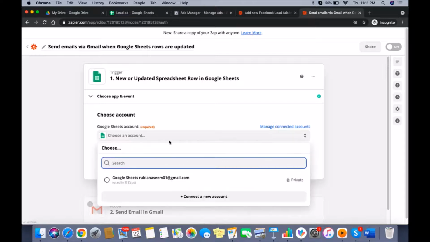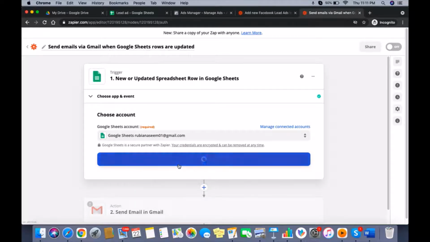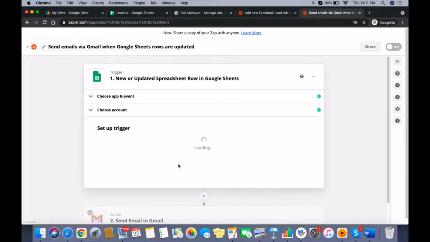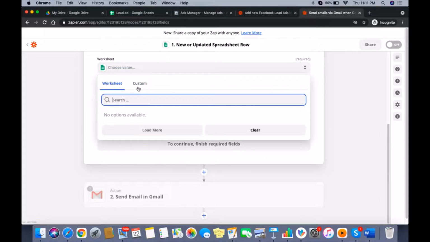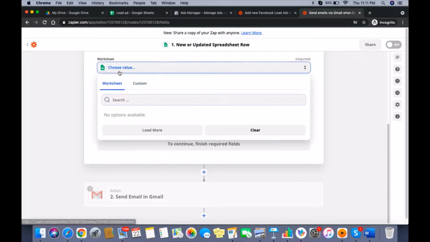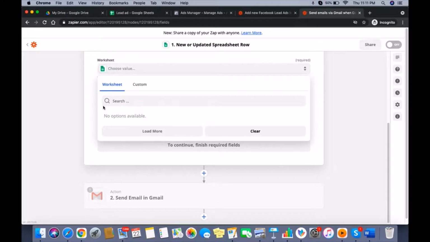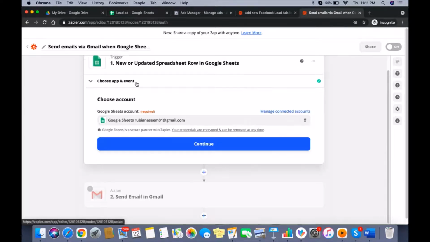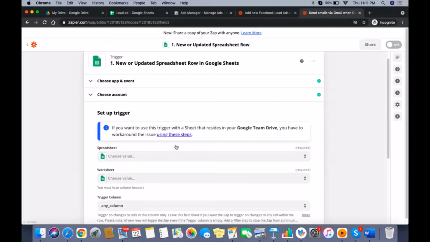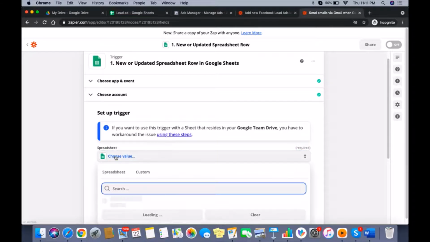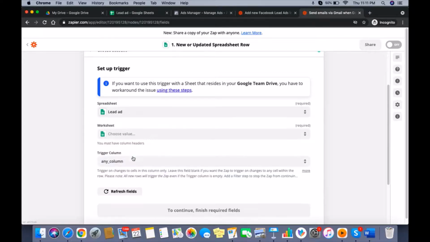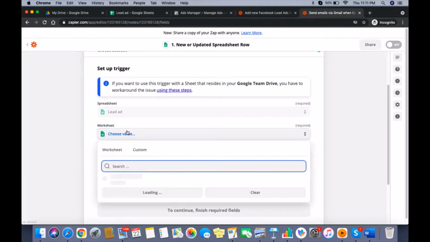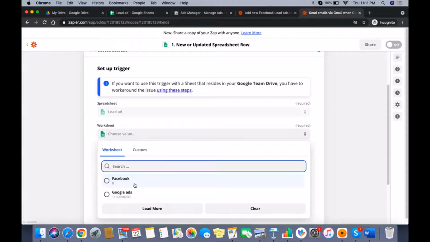So you can now just select your Google Sheet, and the spreadsheet will be, okay, Lead Ad is the spreadsheet name, Facebook.